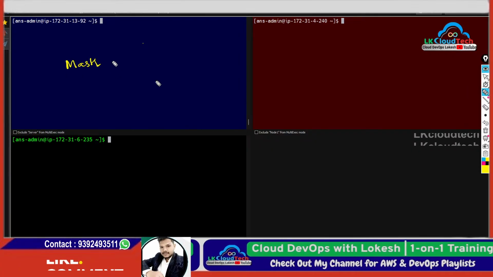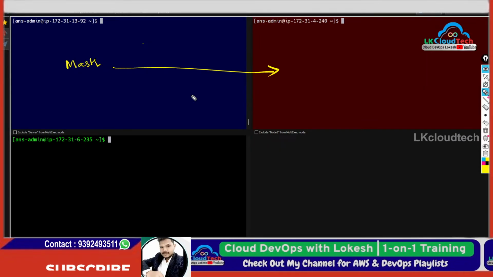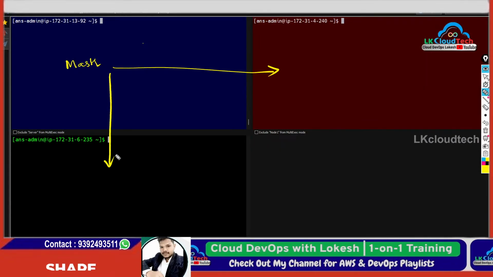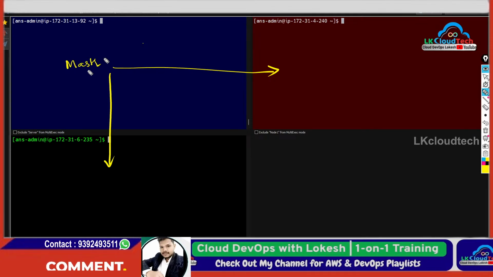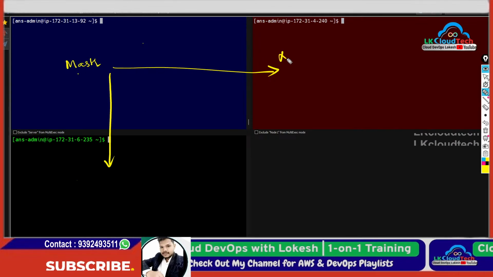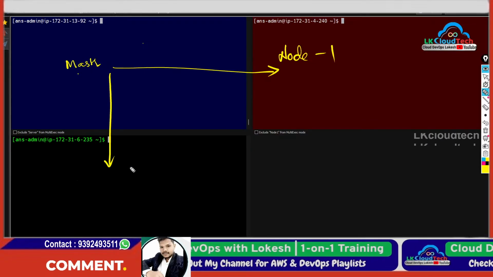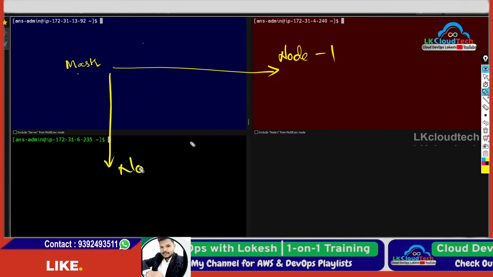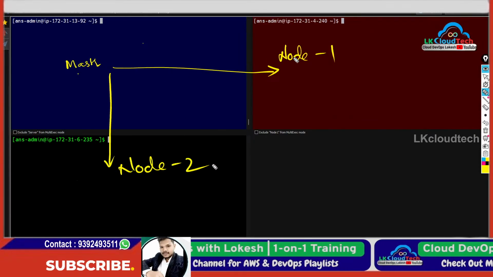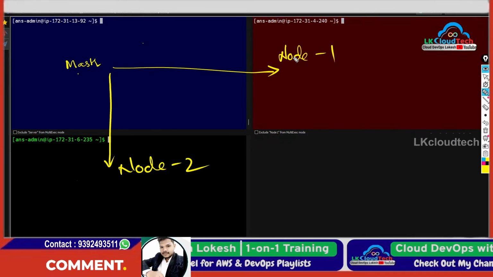Okay, you need to connect with it, and also this you need to connect with it. Clear? If you want to connect with the master and node, this is node 1, this is node 2. If you want to connect node 1 with master and node 2 with master, which means